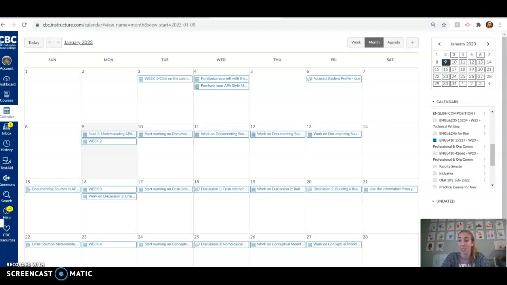APA style is kind of the accepted standard in a lot of different scenarios. Mostly sciences-based scenarios, but becoming a much broader spectrum as well. There are three major styles of writing that are taught traditionally in academia, the first of which is APA, which you're learning here. This is used by health sciences, engineering, math, a really wide variety of different focuses. MLA format is primarily used in the humanities. You probably learned that in your English 101 and English 102 classes. And then the other style is the more obscure Chicago style, which is mostly just used by history classes